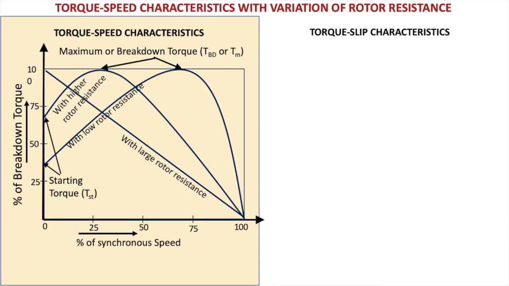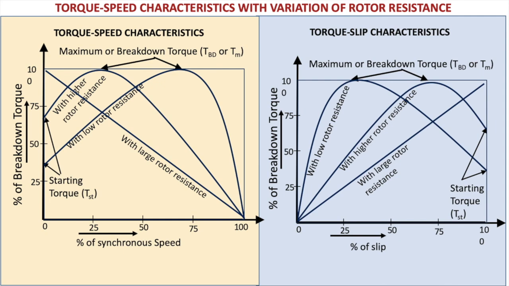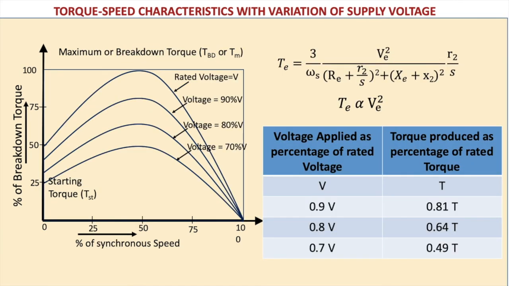Then we get the maximum torque even at the starting of the induction motor, and that is shown in the graph, which shifts from right to left. You can get the maximum torque at different slips by adding external resistance in the rotor circuit, and that is only possible in the case of slip ring rotors, not for squirrel cage induction motors. This was the torque speed characteristics; this is the torque slip characteristics. That's the opposite: the slip is varied from 1 to 0 and the speed will be varied from 0 to synchronous speed. This is the variation of the torque characteristics with respect to the supply voltage.